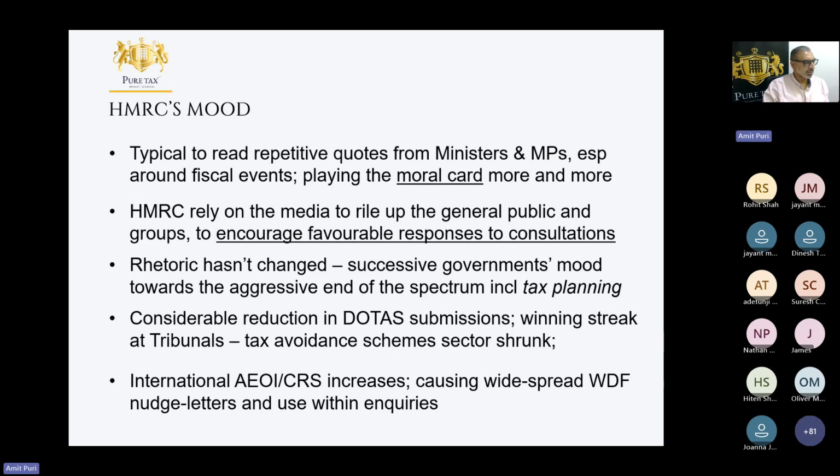I'm not going to cover this slide today because I think most people understand the point of it anyway. The reason why tax is so complicated is because of the countermeasures. Every time there's a new relief or a new giving mechanism, shall we say, HMRC is constantly clamping down on tax avoidance. Again, today is not the day we go through DOTAS or POTAS. It's an entirely different world and it's very, very complicated. But we are going to cover international information exchange and WDF.